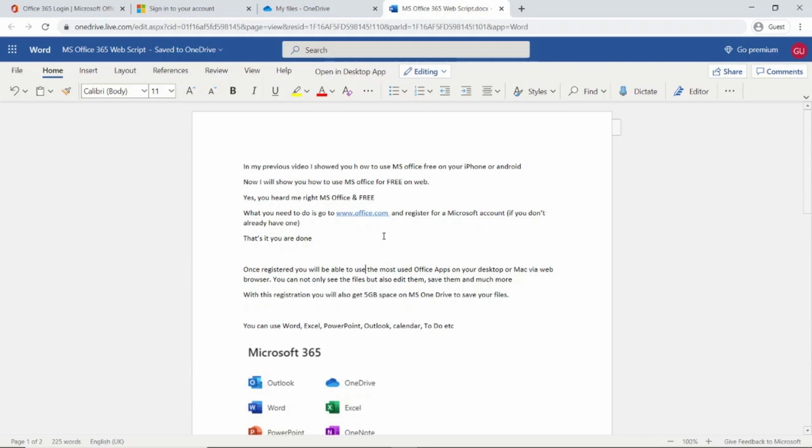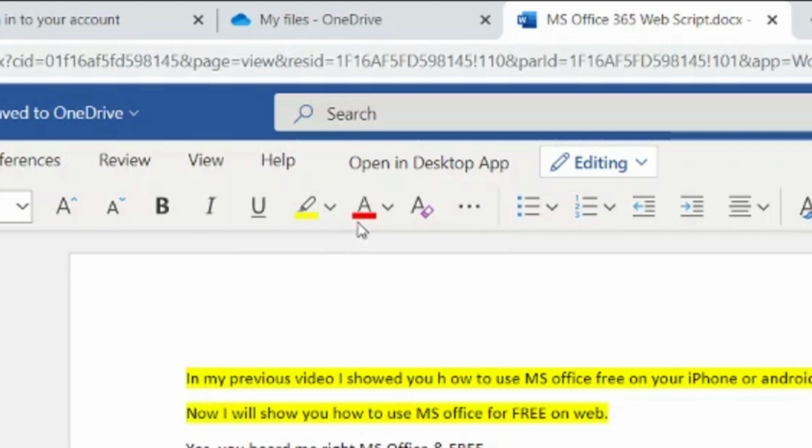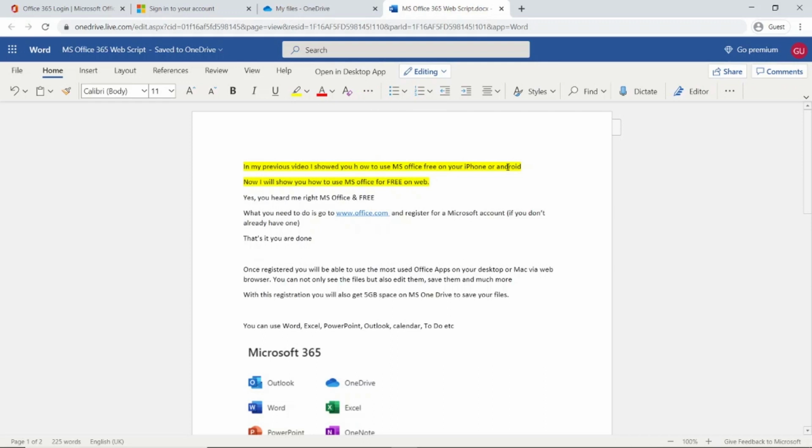In a very short time I have told you how you can use Word. You have all the features. You want to bold, italicize, underline, or highlight something. Let's say I just want to highlight it. You want to change the color, you want to clear the formatting. I go here, I want to clear the formatting, and there are many more font options, all the things which are already available there. The interface might be a little different from what you are using, but believe me, it makes sense, because now you don't have to worry about any illegal copy or any copy being expired after some time. Maybe you got a year's license and then you're renewing it and not being able to use it, because everything is free of cost.